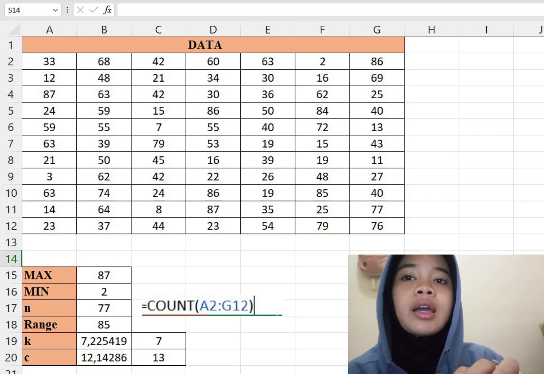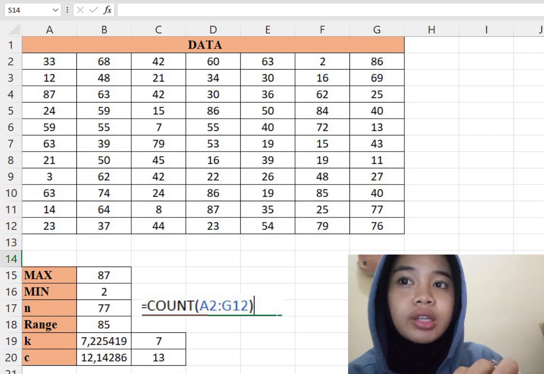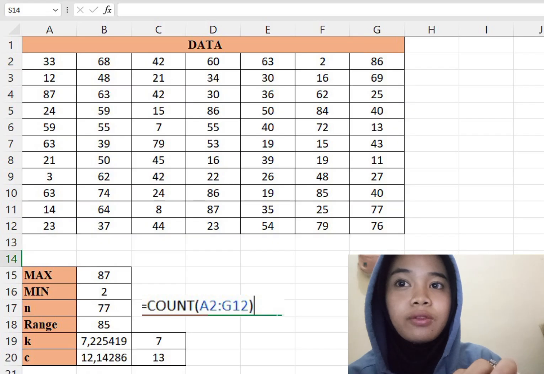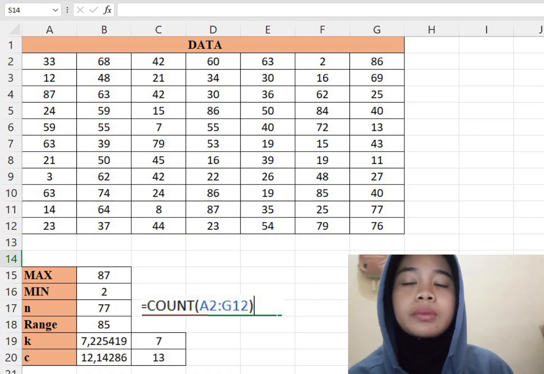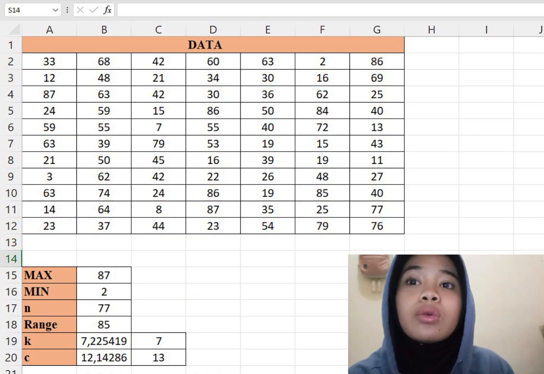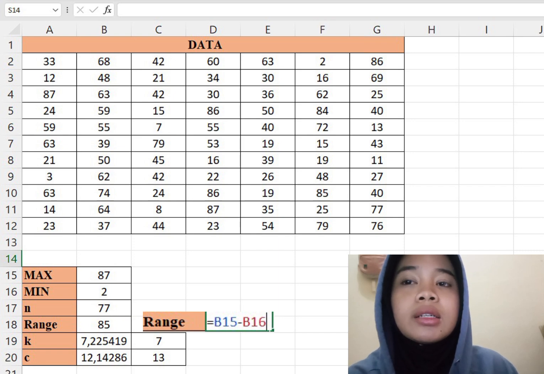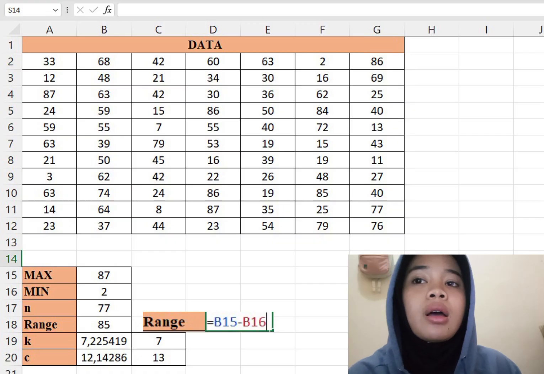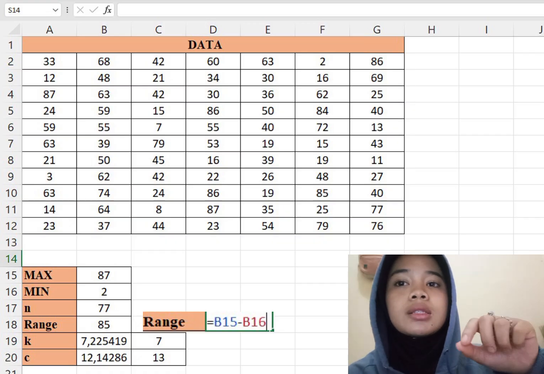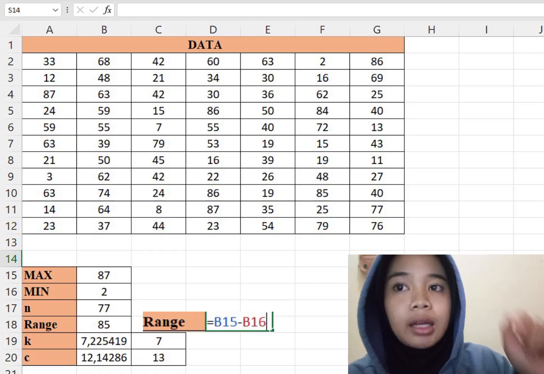N is the largest value in the table data. To calculate the range, use the formula. The formula is equal max minus min, and then click enter.